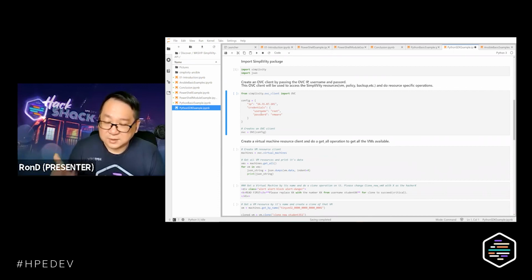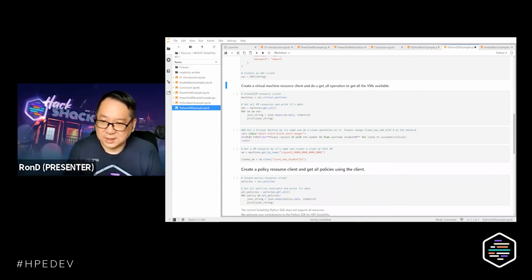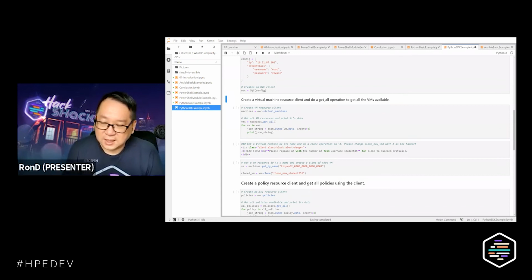It has a very readable structure, such as here, we define the information that is required for us to log into the OVC using this particular JSON. Once we complete the information, we can feed it into the OVC function, and that will return the handle, the token that will be used in order to perform any type of operations like this.